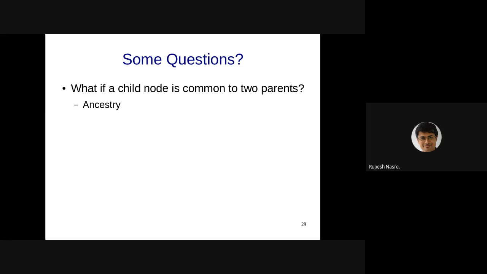Yeah, and I think Ramita or one of you had asked this question: in an ancestry, how can it be a tree, right? So the answer lies here. You are right that it cannot be a tree. It will become a DAG. Can the edge be undirected instead of directed?